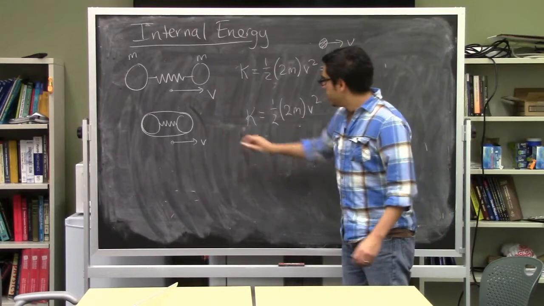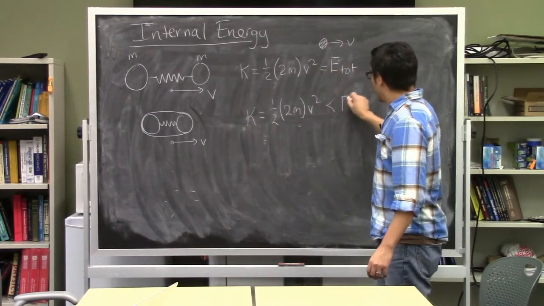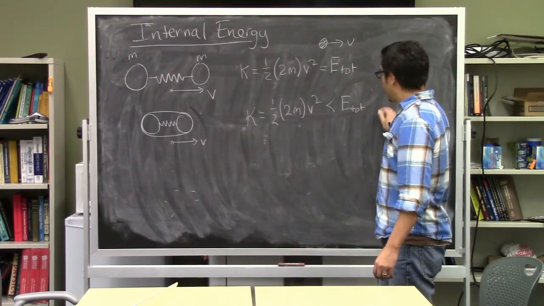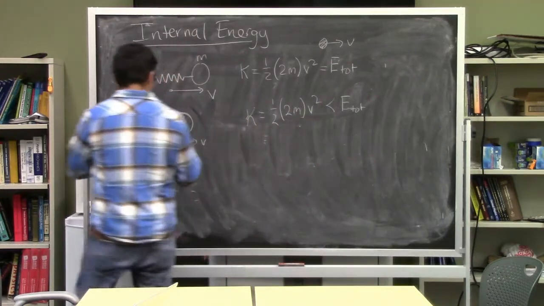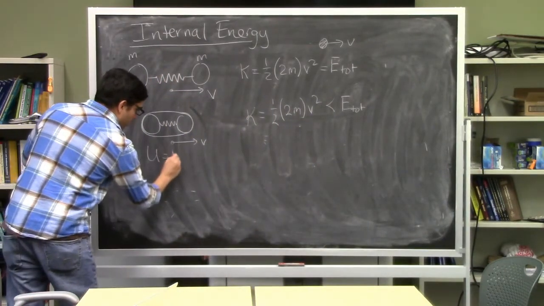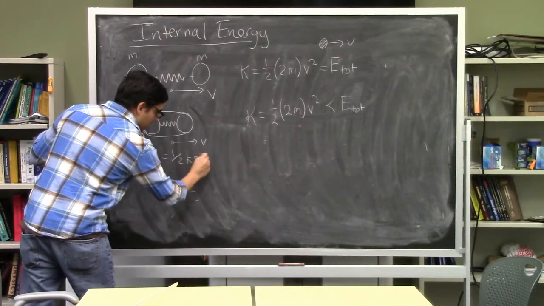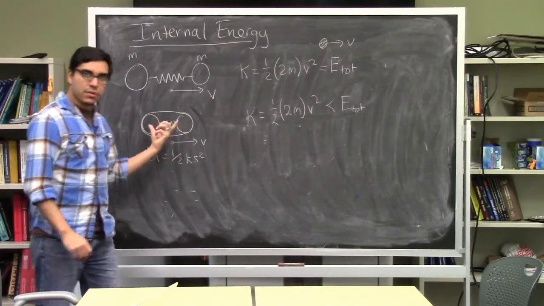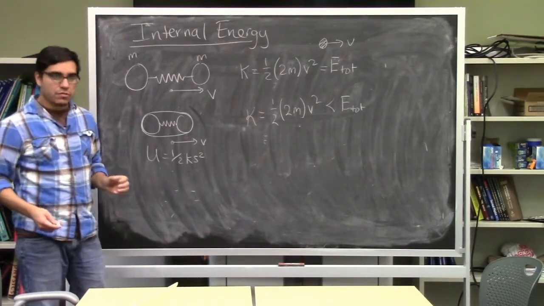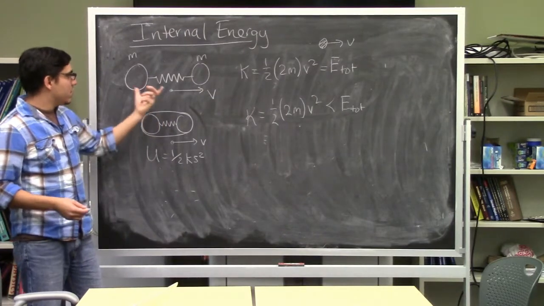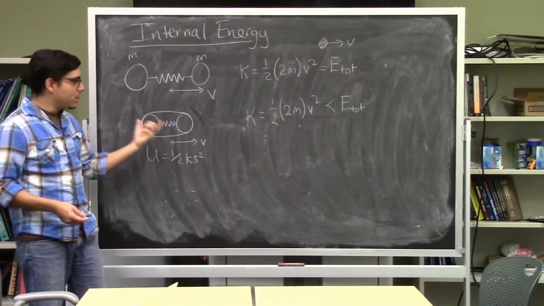The kinetic energy of this system is actually less than the total energy because we have some potential energy associated with the compression of the spring. There's some 1/2 ks squared energy associated with squeezing these two spheres closer together. So we can see that if a system has some structure to it, we have to pay attention to what